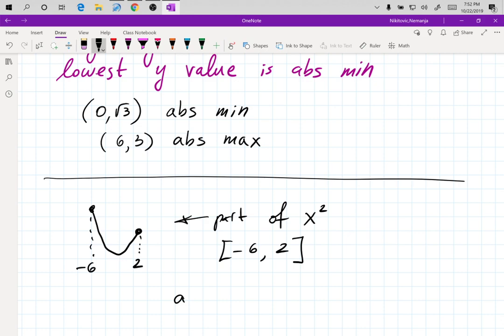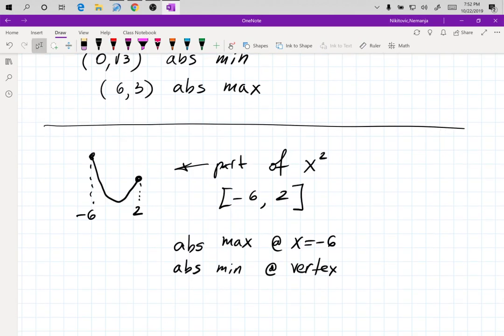We see that we have ABS max at x equals -6, and ABS min at whatever the vertex is. So you do not have to have absolute min or absolute max on the endpoints. They can both be on the endpoints, or one of them could be on an endpoint, or none of them might be on endpoints,